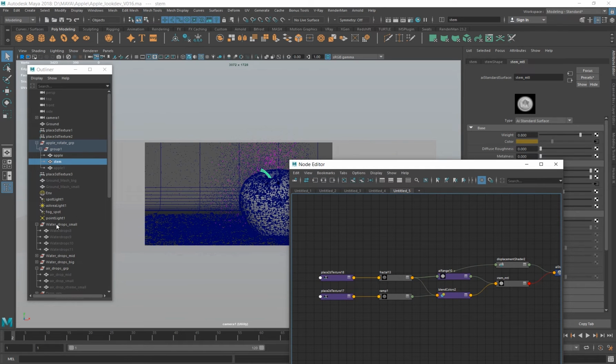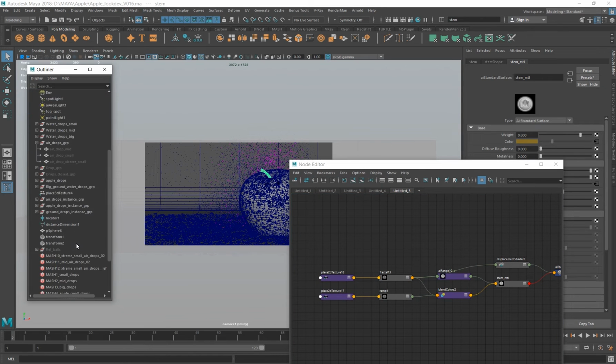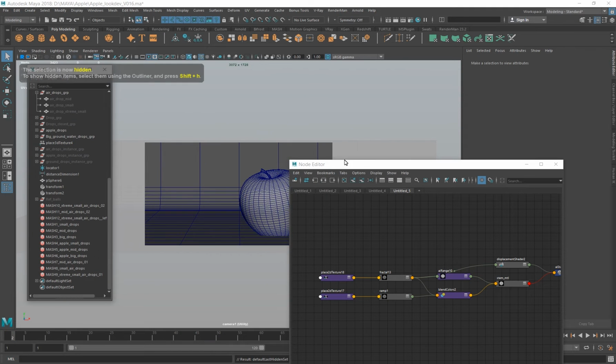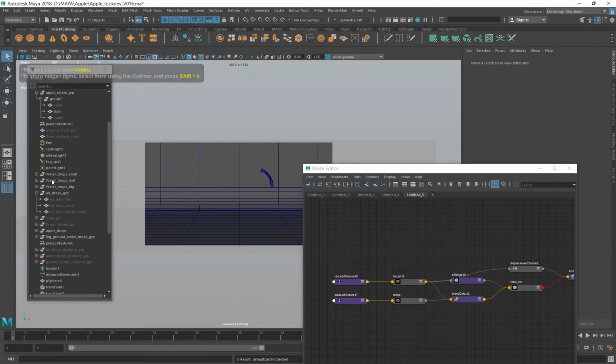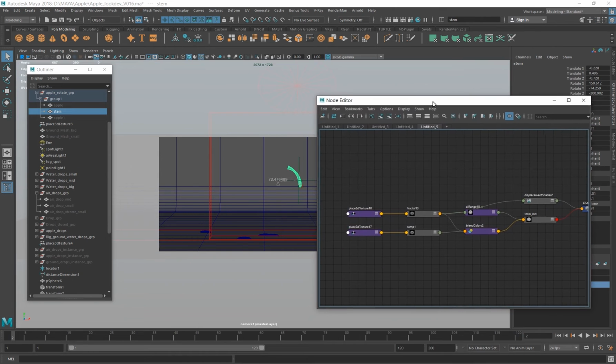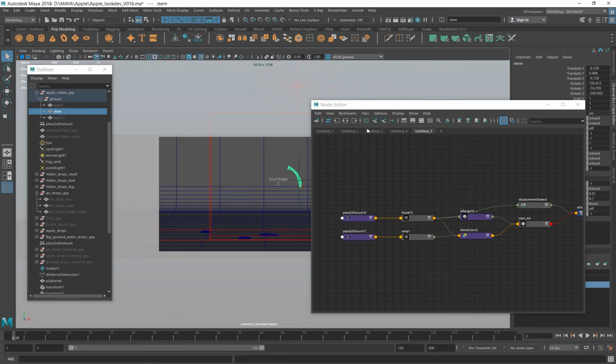Before that, I'm going to hide all these meshes so that the render will be light. I'm even going to hide this apple. So let's do a quick render.